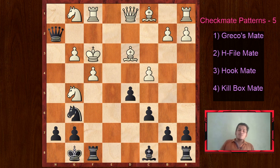So it is black's move in this position, and you have to find the best continuation that wins for you. It's not as easy as the last one, so it is slightly tricky. So it is black to play and win. You can pause the video and think. I have not shown you any solution here, so you can also move ahead, but just note down this position